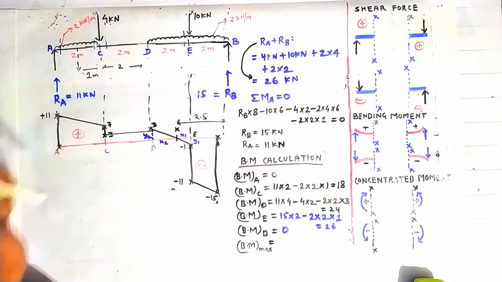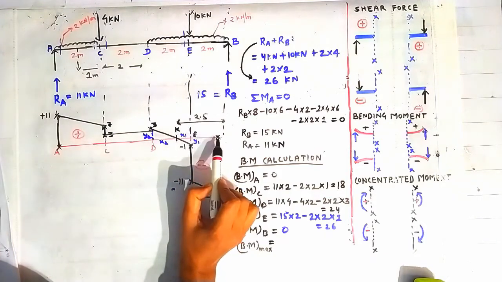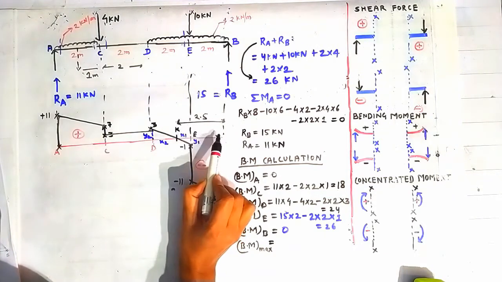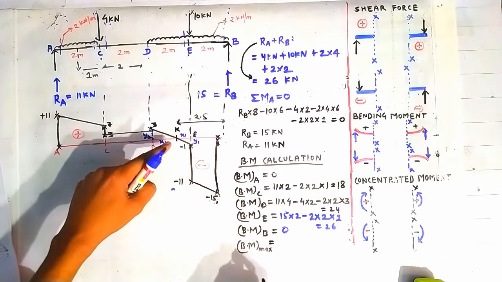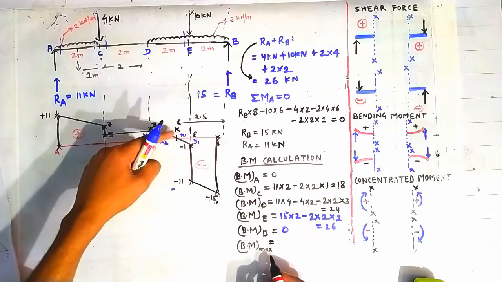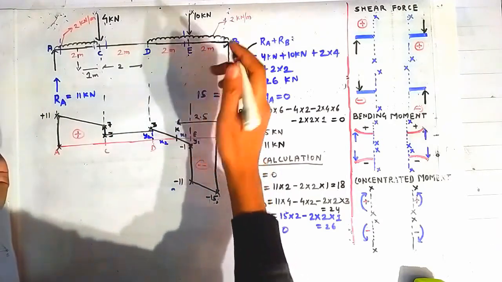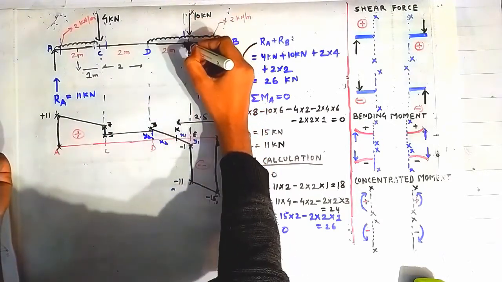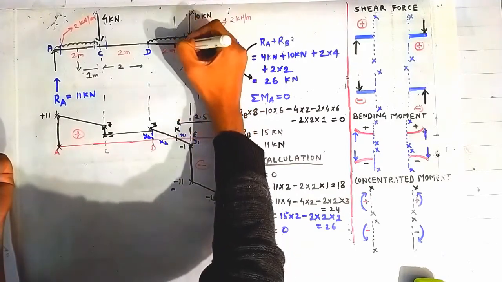Now the maximum bending moment we have to calculate. So we know that the shear force becomes 0 at a distance of 2.5 from this point. We have already calculated this earlier, at a distance of 2.5 from the point B. So finding the bending moment at this point, at this distance 2.5, by constructing a section here at a distance of 2.5. This is the section constructed here, suppose.